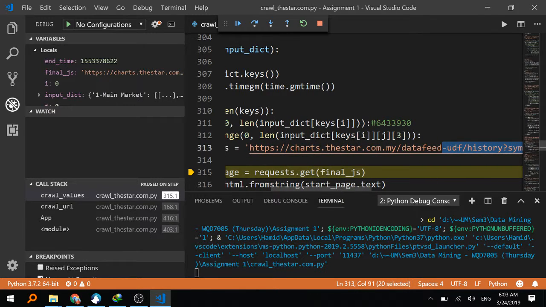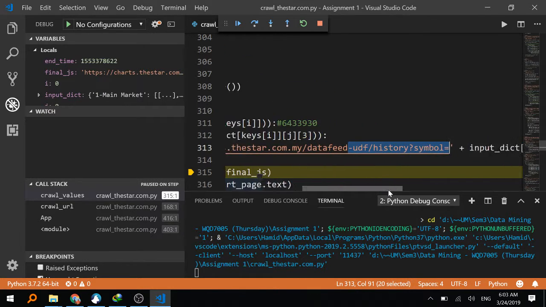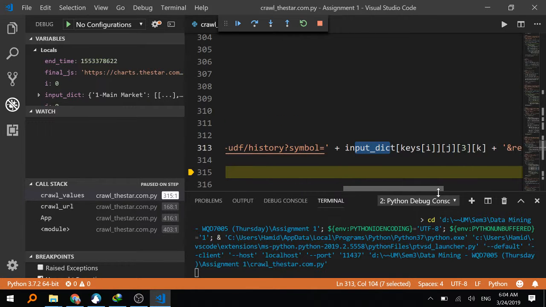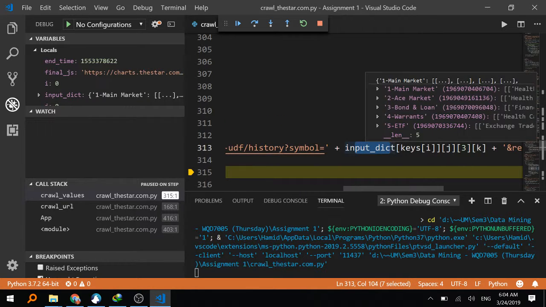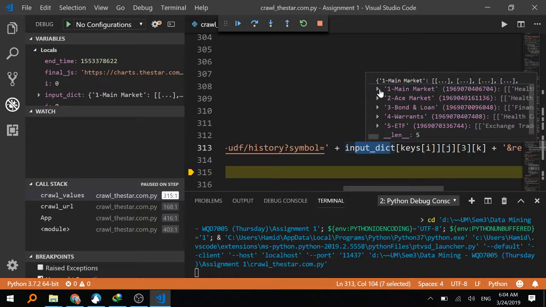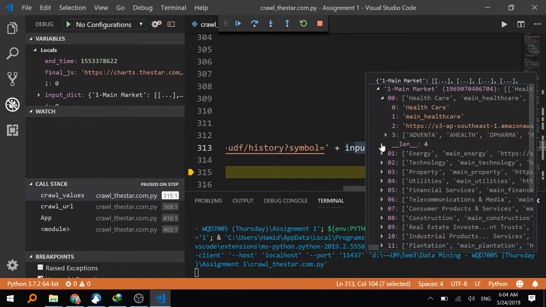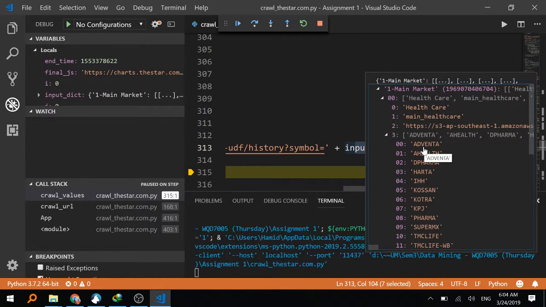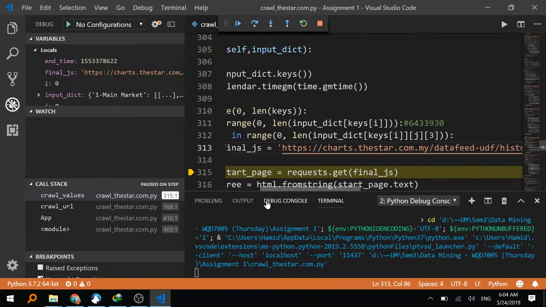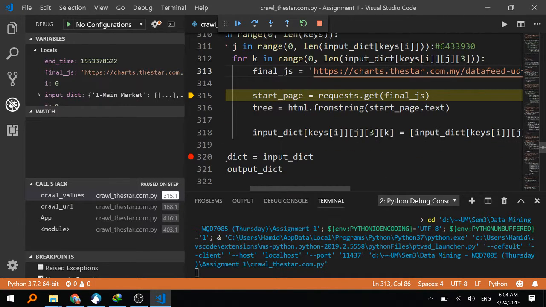This is the starting link of the web page that finally connects to the company, and we already found the companies based on the key and their location inside the input dictionary. We just iterate inside these, use these keys and attach them to the link, and finally get the information,